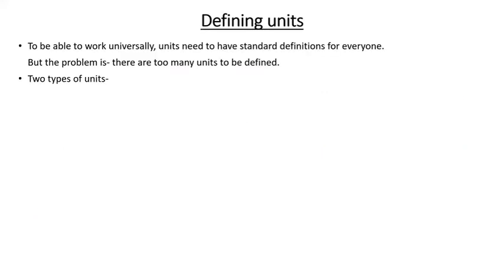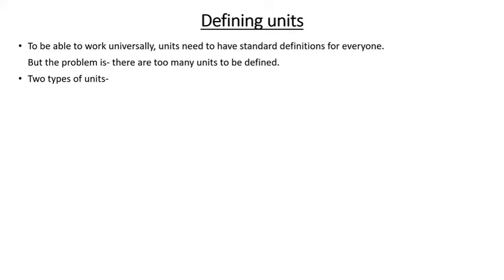To be able to function properly, units need to be the same for everyone. Now let's assume that you are going to a cloth shop and asking the shopkeeper for a piece of cloth that is 2 meter by 1 meter. Now if 1 meter for you is not the same as 1 meter for him, then will these units be any useful? No, because even if you are using a unit, it is not the same for both of you. It's the same as saying give me a big piece of cloth, because he will make the error anyways. Therefore, we need exact same definitions for everyone.